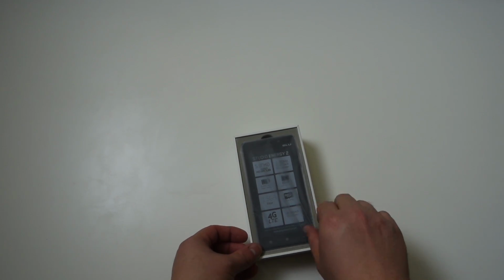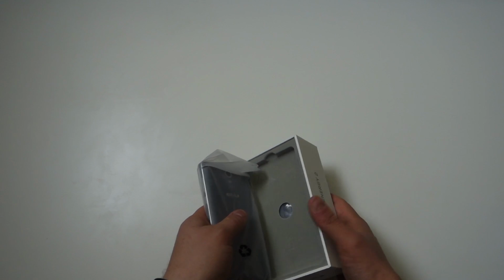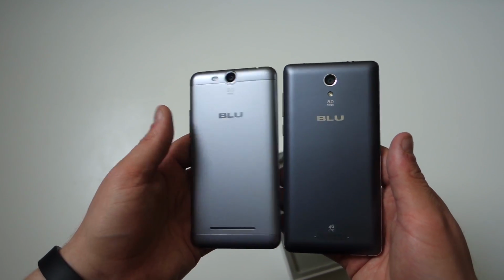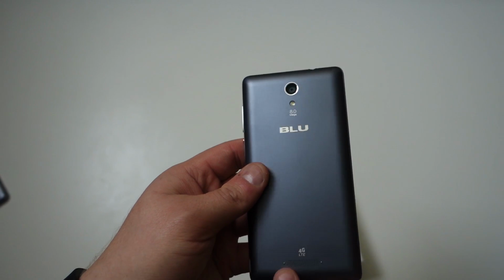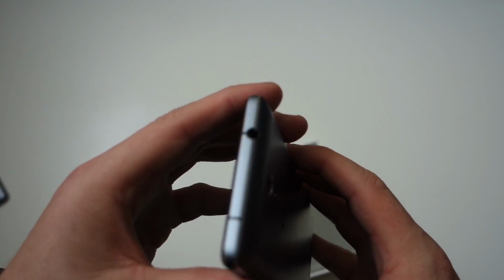So in here we have the phone right here on top, and it's wrapped in plastic as it should be. So let's slide it out of the plastic here. And the color looks almost the same as the Energy X. It's pretty close. So here on the back you get your camera and flash, you got a speaker, 4G LTE logo there. Power button and volume on the right side,